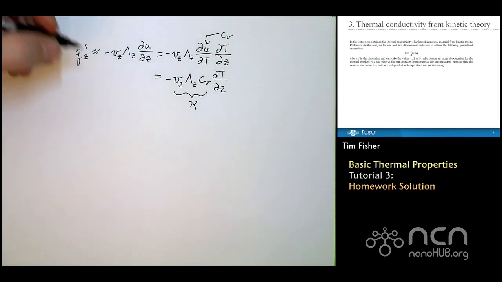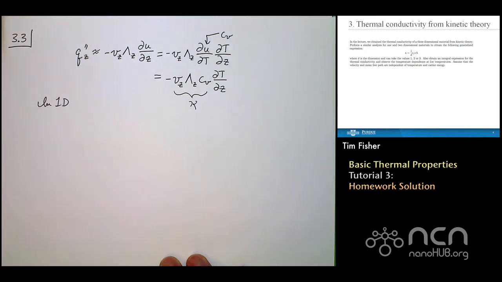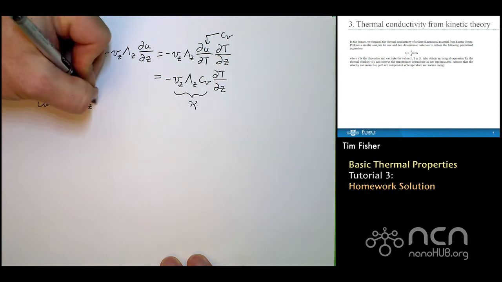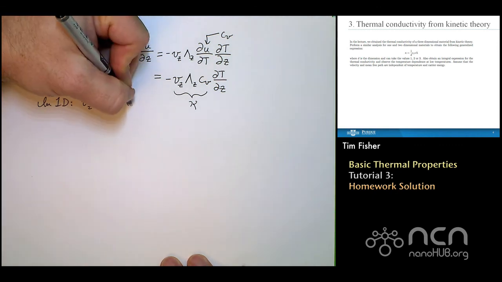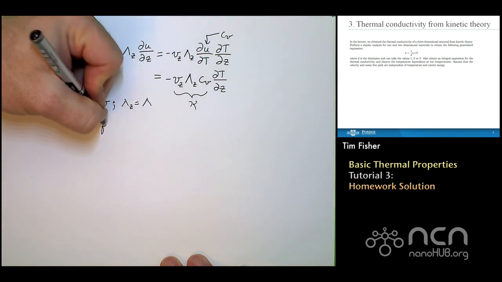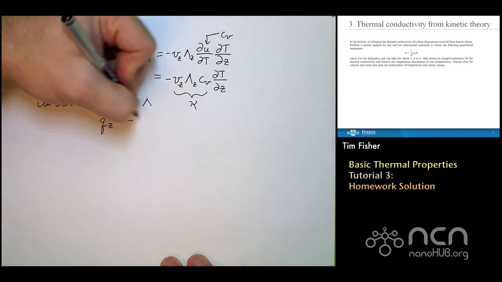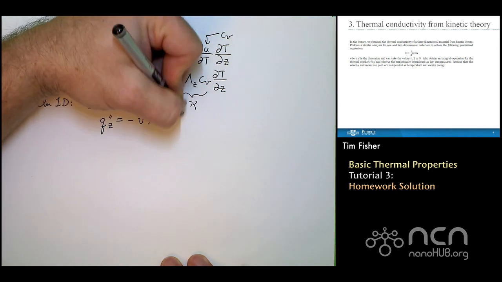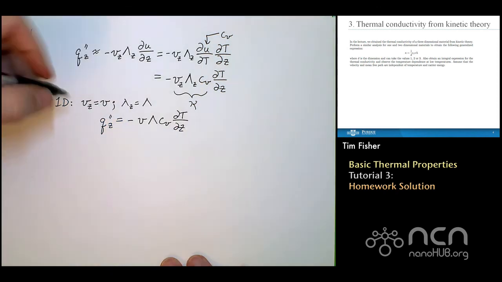So in one dimension, there's only one direction, so we find that the z component of velocity is the velocity, and the z component of mean free path is the mean free path, and therefore the heat flux is simply minus velocity, mean free path, specific heat, and temperature gradient. In 2D,